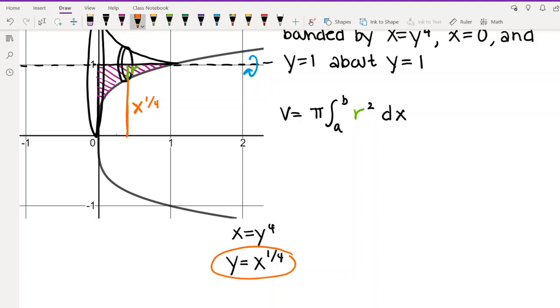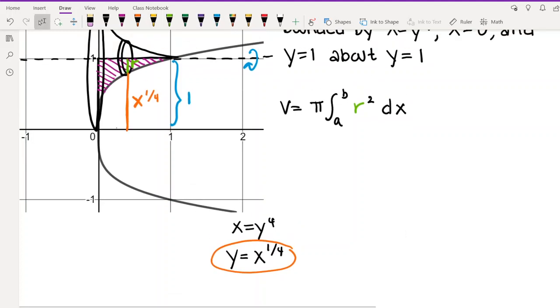The other observation we want to make is that if we measure the distance all the way up like this, this distance would be 1, right? The distance all the way from the x-axis up to 1 is a distance of 1. So how could we figure out what r is? Well, looking at this picture, we can tell that r plus x to the 1/4